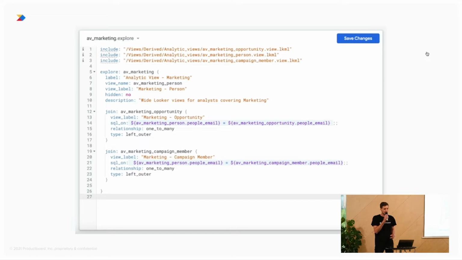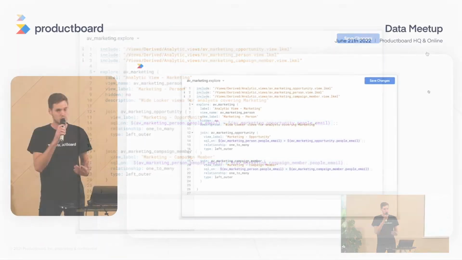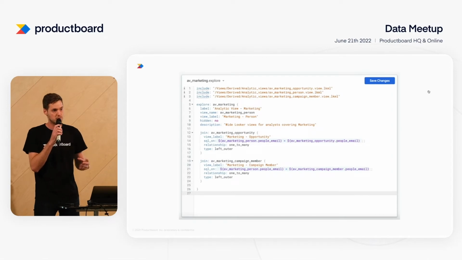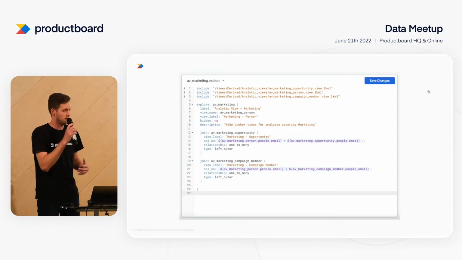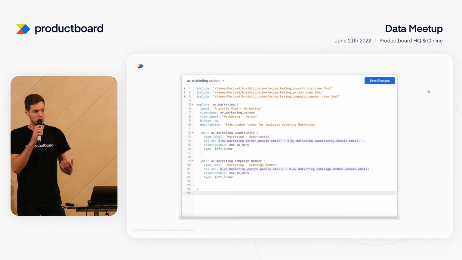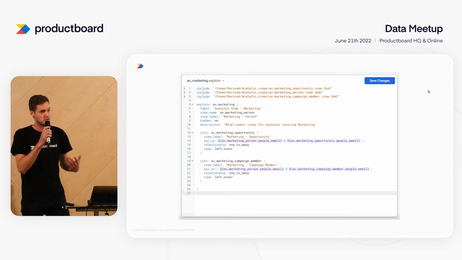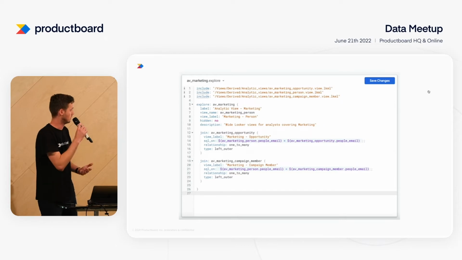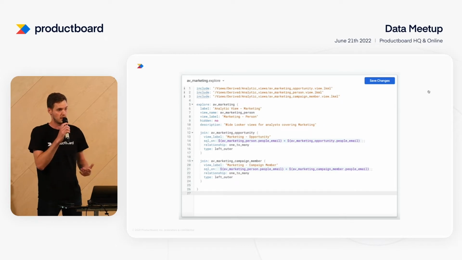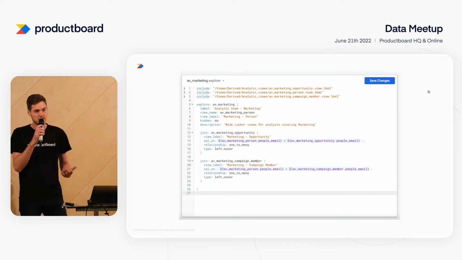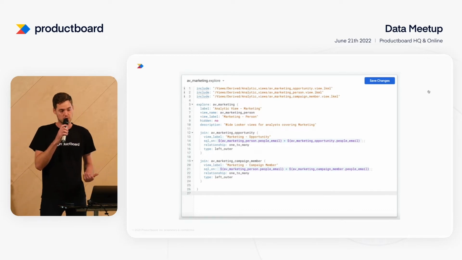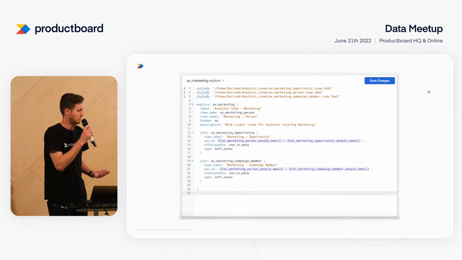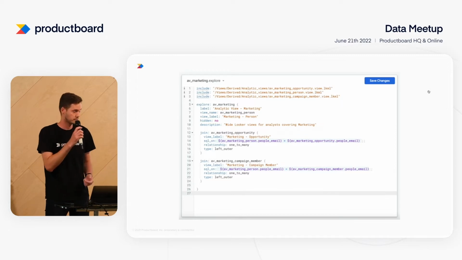The very important thing is that you don't need to write any SQL code. You just define the relations between these tables, and then, based on the definition and the measures you choose for your reports, Looker will auto-generate the SQL code, which minimizes the risk that you will make a mistake in your SQL code or make typos there, and so on.